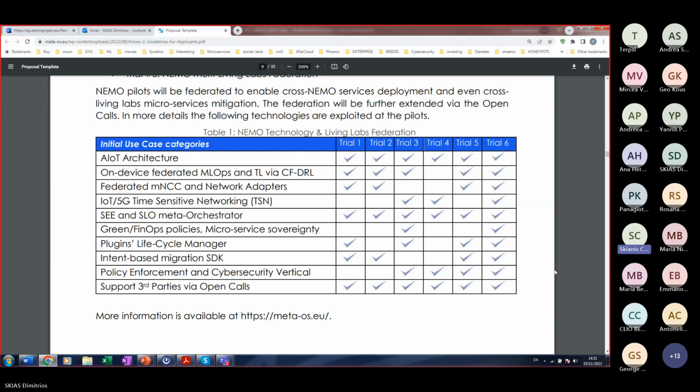For example, we see that the IoT 5G time-sensitive network is not going to be considered, at this point at least, in trials 1, 2 and 5, but it is going to be considered in trials 3, 4 and 6. So in that respect, if someone submits and is successful for such a project, they are going to contact trials 3, 4 and 6. Yes, thanks, definitely.